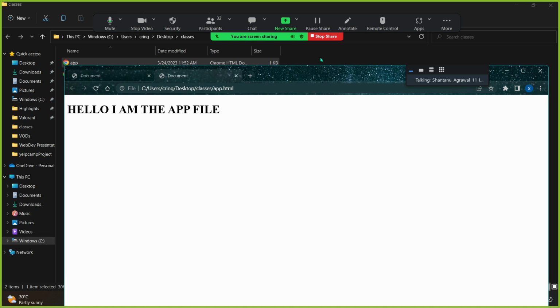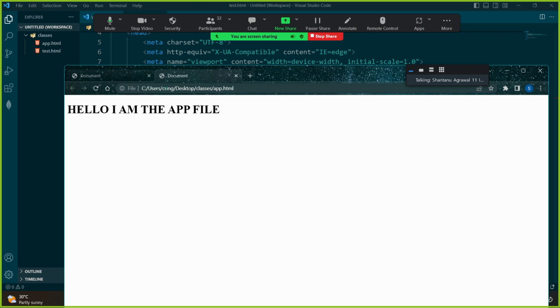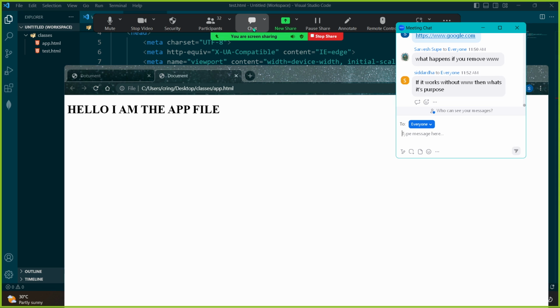Now what I want to do is link this app file and this test file together. Like I want there to be a link in the test file, so if I click on it, it takes me to the app file. So